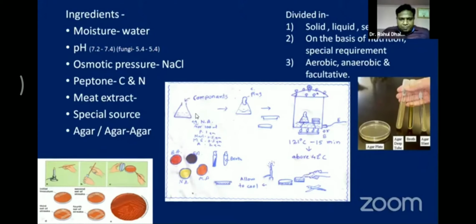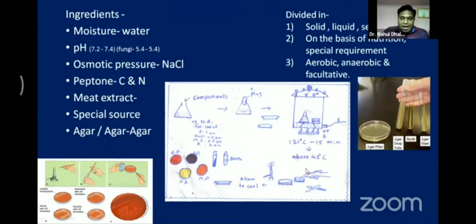Add all the ingredients into the media to make a composition, then put it in an autoclave along with a petri dish. Maintain 121 degrees Celsius for 15 minutes at 15 pounds per square inch. After autoclaving, above 42 degrees Celsius, not below, because it solidifies, pour onto a petri dish near the Bunsen flame to maintain aseptic condition and allow it to cool. This is the example of basal media, that is nutrient agar.